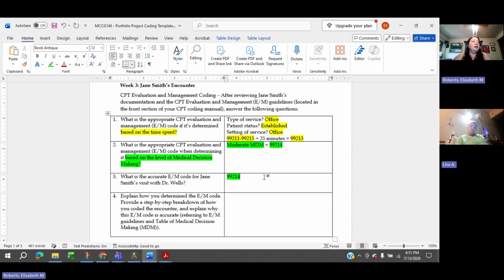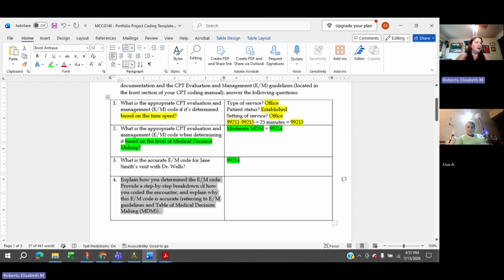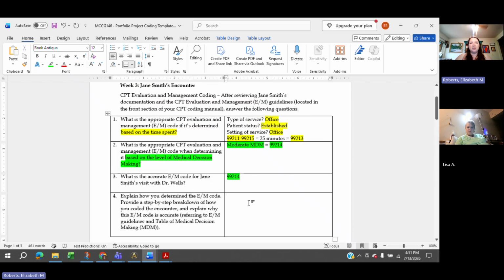Okay. Gotcha. Okay, so that's the week 3 portfolio project, pretty much done. Number 4 does have a rationale here that you're going to want to explain, why you selected the code you selected. And I always say, don't just put the steps to coding here. Give me a step-by-step breakdown of how you coded this, and I like to say at least 75 words. I don't think it's on this, but give me a good few sentences at least, 3 or 4 sentences. Just tell me how and why you selected the code that you ultimately selected.